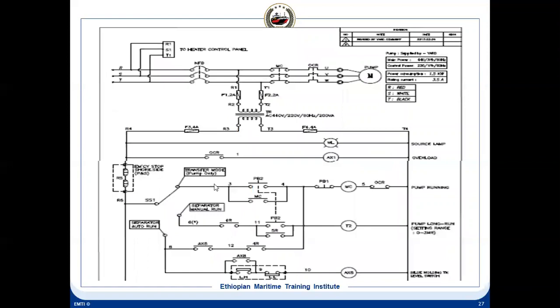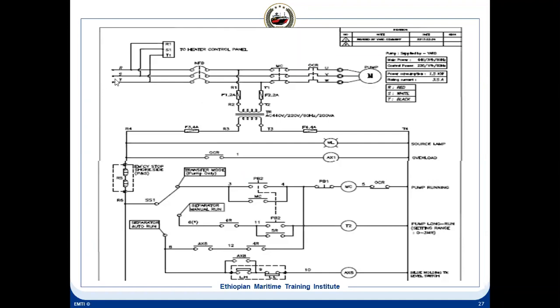This is a basic diagram of an OWS. This diagram is a bit big. This was asked once, the electrical drawing of OWS. So this drawing I copied from somewhere. Let me see if I can make a small drawing for you in case they ask for it in the examinations, which you can draw. Okay, here it is. We'll just see this diagram.